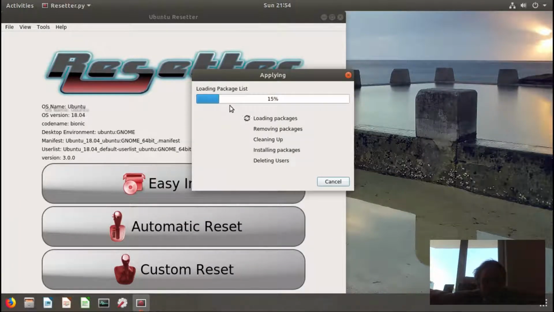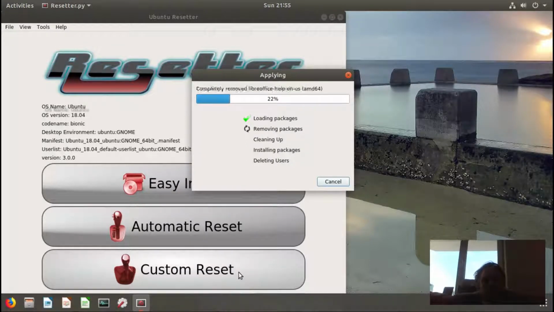And as you can see, it's a complete cleanup of what you have. So I'm not sure if that's removing, which we try to do. You can do a custom reset also, which is much more adaptable, but this is a complete clean wash.